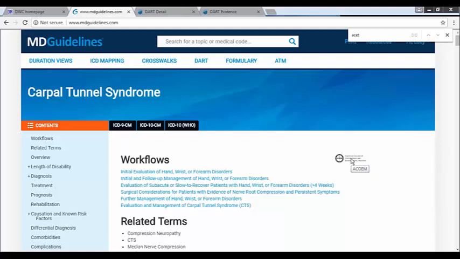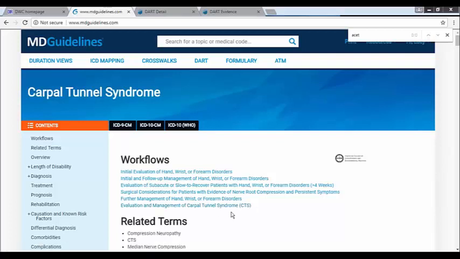So in this case, these are the workflows or the algorithms that ACOM has created for, in this case, the initial evaluation of carpal tunnel syndrome, information on surgical considerations. What if my patient is slow to recover? There's additional algorithms to step providers through the considerations that they would want to make in helping that patient to recover.